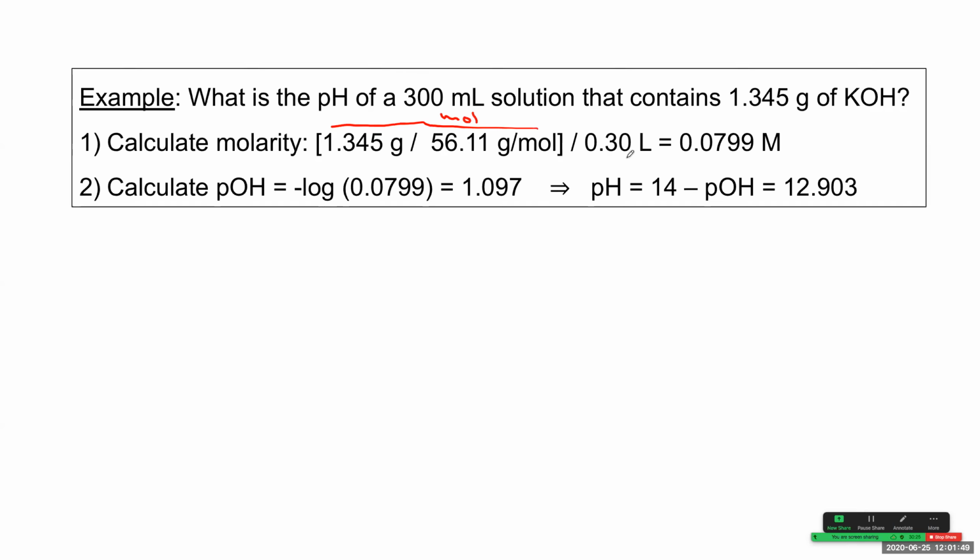We divide moles by liters to get molarity. So we have 0.799 molar. Our pOH is minus the log of 0.799, which is 1.097. This is our pOH, remember? So we're going to take 14 minus the pOH, and it gives us our pH of 12.903, which,